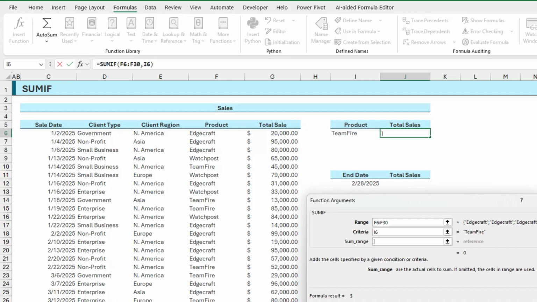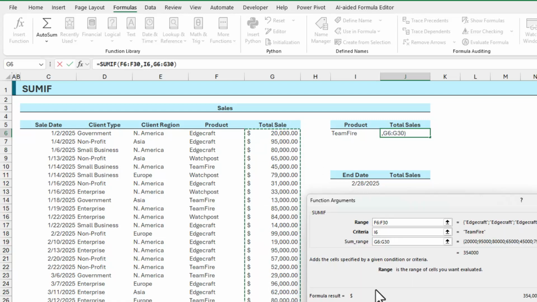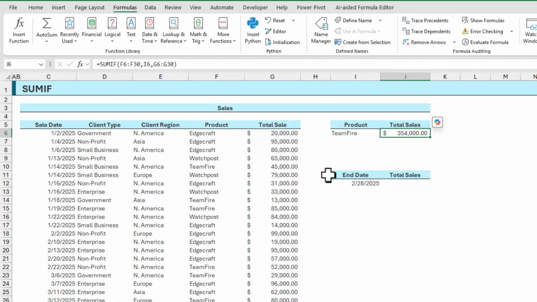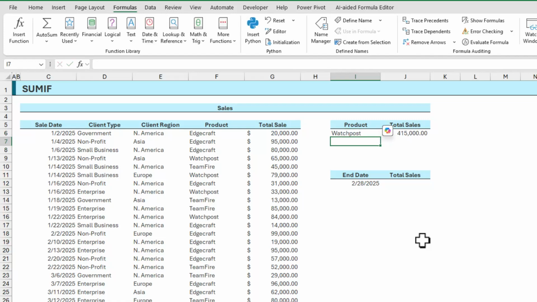Now the final field in this SUMIF function is what is the column of cells that are then being added up. And when we choose the G column here, in the same way that we selected the F column, we can see that $354,000 worth of sales can be attributed to TeamFire. Then we click OK. And if we choose to change the name from TeamFire to WatchPost, you can see that that's